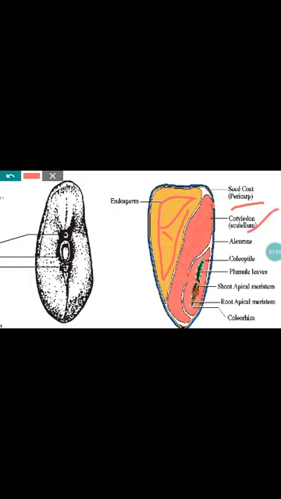Then another thing is that the endosperm is well surrounded by one outer layer. That layer is called the aleurone layer. The aleurone layer is fully loaded with protein molecules. Another main point with reference to the aleurone layer is that it is living in nature. Even though it is located in the area of the endosperm, it has its own life. Because of that, the aleurone layer is popularly called the living layer of protein.